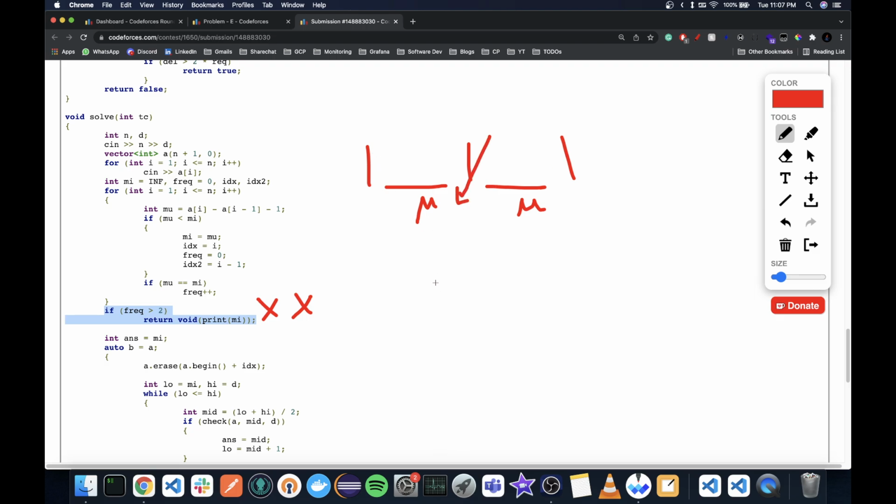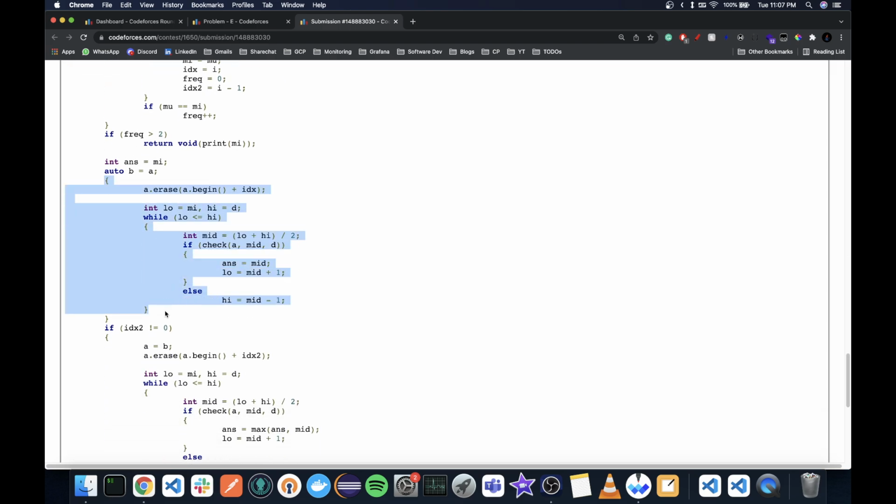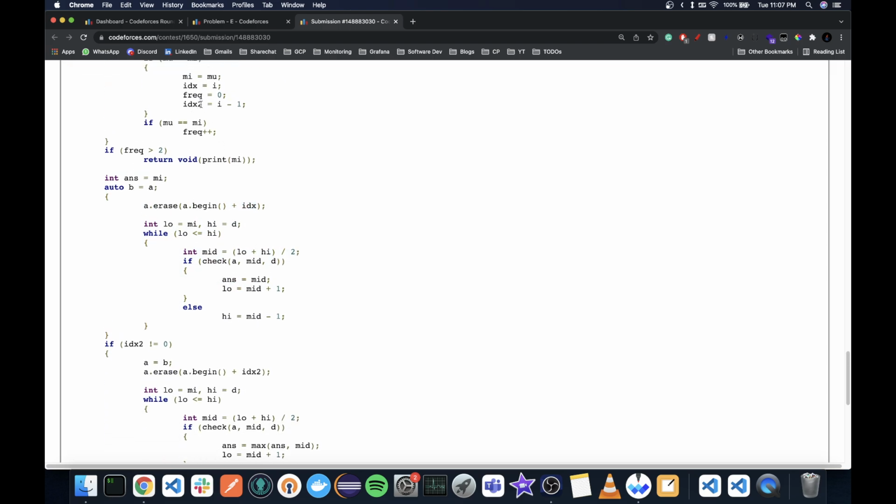But for case of 1, I'm trying to move this and this, so case of 1 covers everything. So first of all, I'm going to try to remove index, and remember index 2 is i minus 1, right? So first of all, I remove one of the indices, and then I do binary search